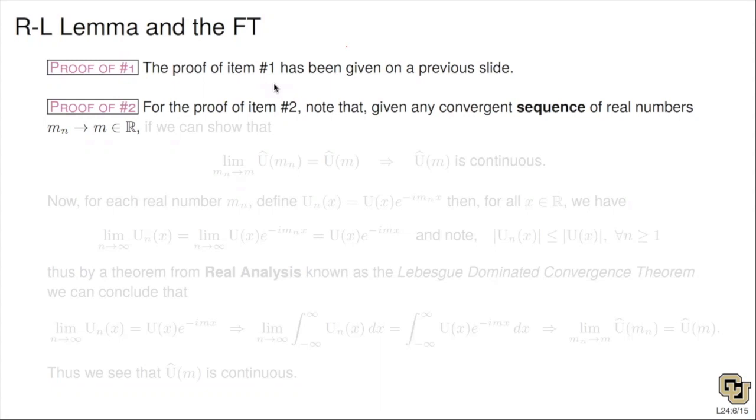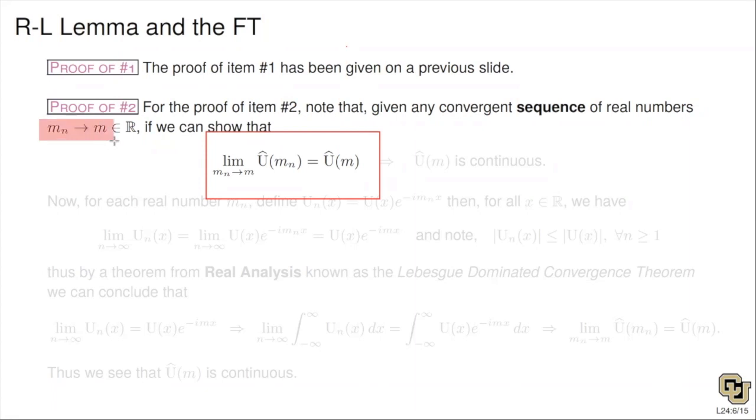Okay, so if you haven't seen this theorem in action, here's a nice example of when we would use the Lebesgue dominated convergence theorem. So for continuity, remember continuity is a limit definition. In Calc 1, we say f of x is continuous at x equal to a if the limit of f of x as x approaches a equals f of a. And so that's what we're doing here. Here, I'm going to pick any real number m, and then pick any sequence of real numbers m sub n that converges to m. If I can now show the limit of u hat of m sub n as m sub n goes to m equals u hat of m,